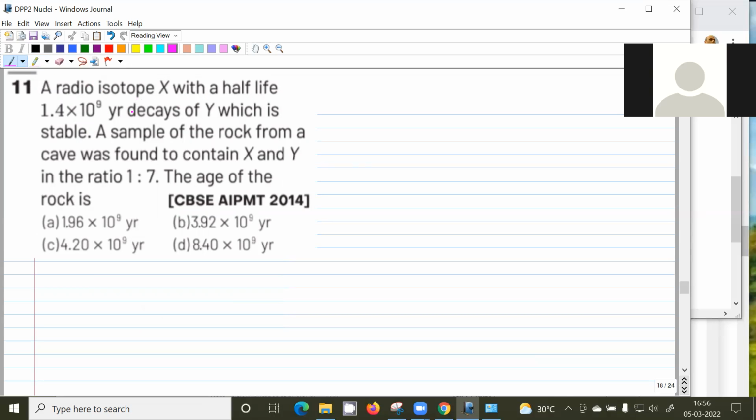Radioactive X has a half-life of this much, and Y is stable. A sample of rock from the cave is found to contain X to Y in the ratio 1:7, and the age of the rock is